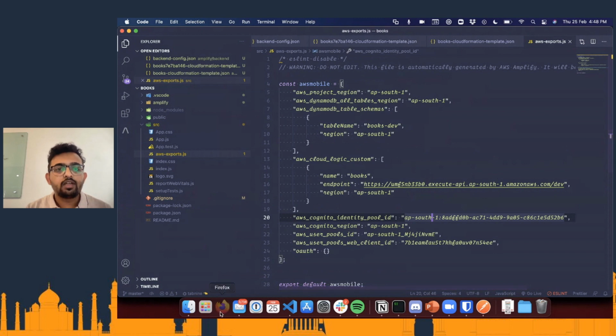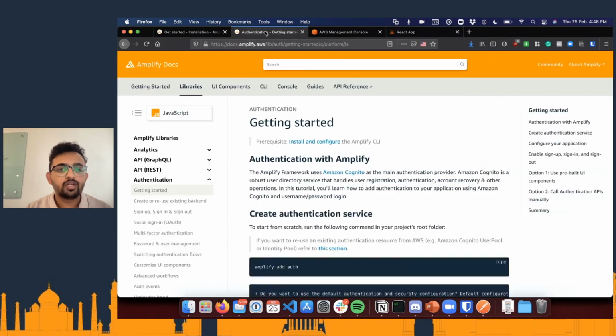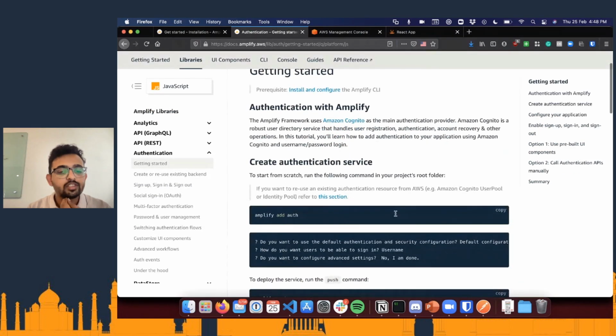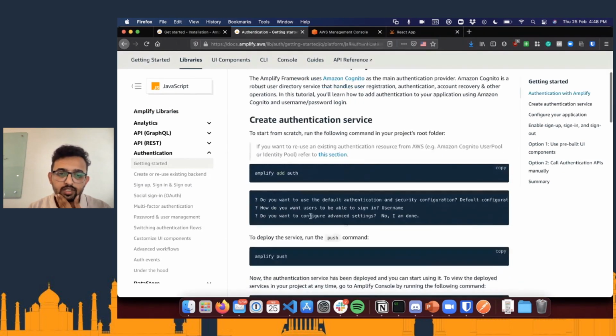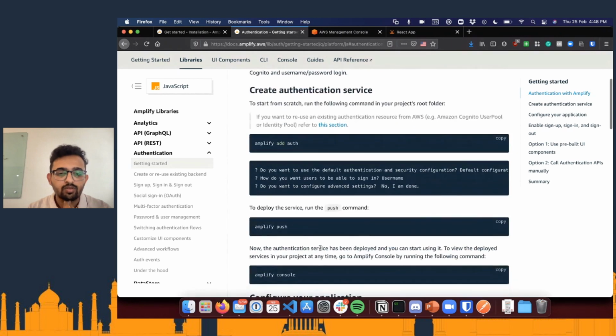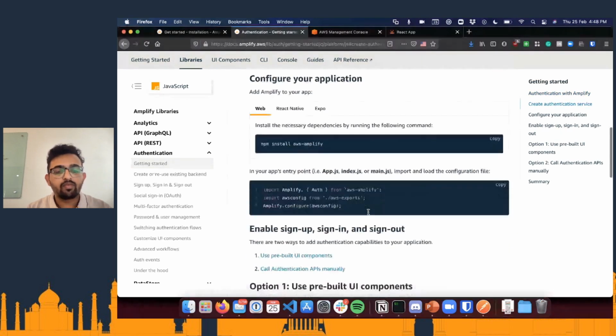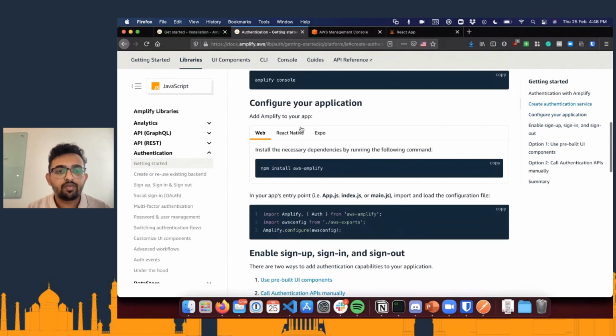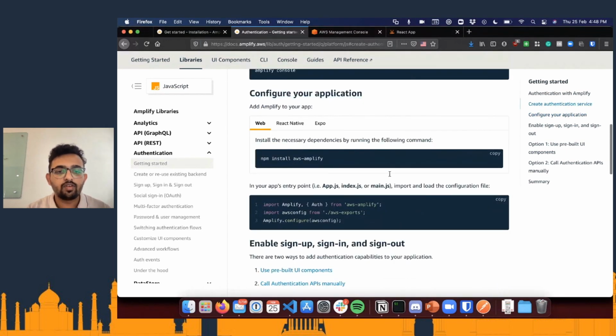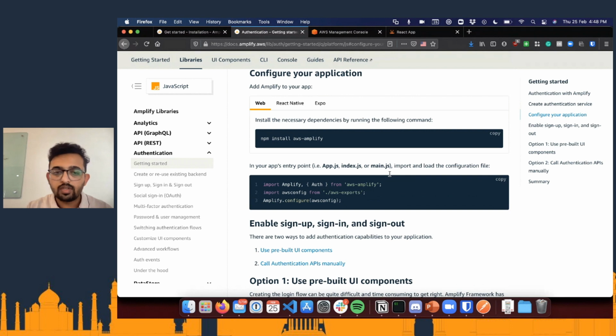So to do that, let me just go through the documentation a bit here. Authentication service. We have already gone through this, where using the CLI we added authentication. What we need to do now is configure our React application to start using this authentication provider.